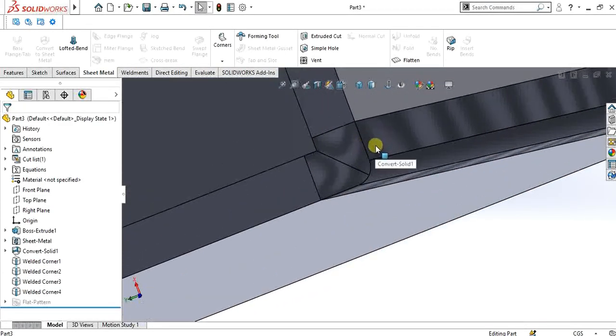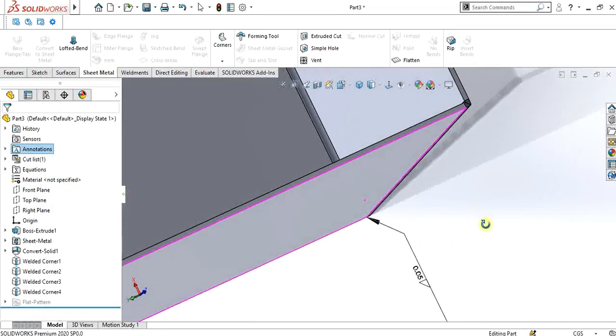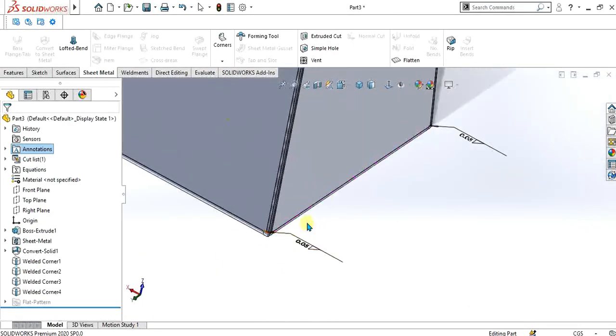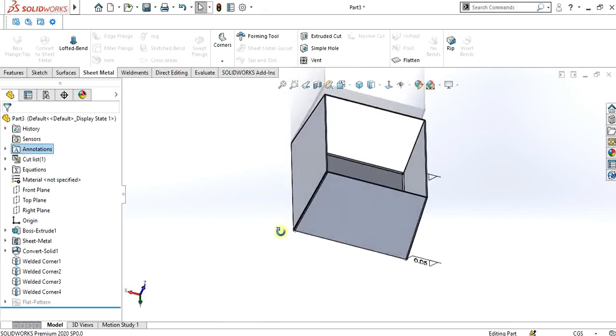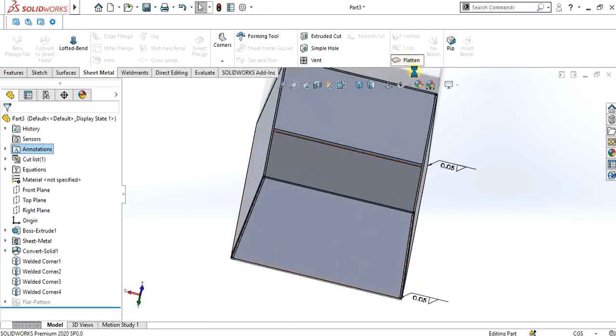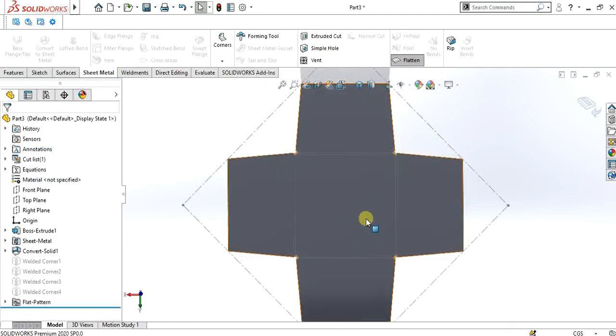We have added the weld. You can see the weld symbol from here. This is showing the weld measurement you want in your sheet metal. Again, if you want to flatten it, select this option and you can make your sheet flat.